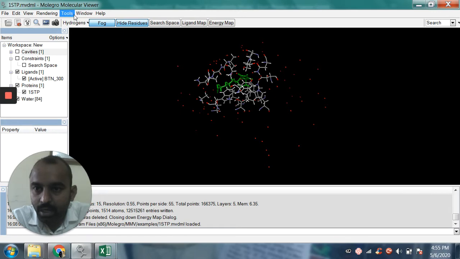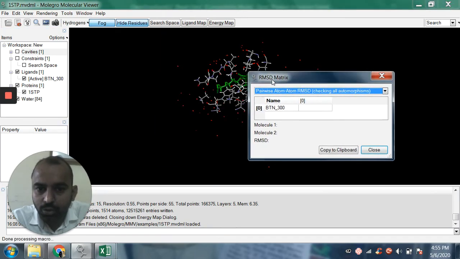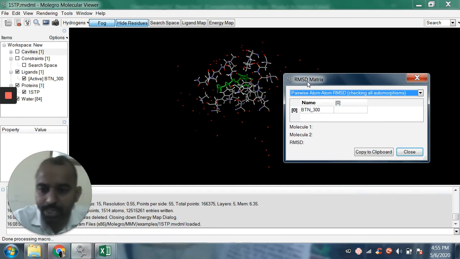You can simply select the RMSD matrix. Here we are not showing any protein. If you select the RMSD value, the extent of deviation with which your ligand sits in the target site of the receptor protein will be displayed in your molecule.